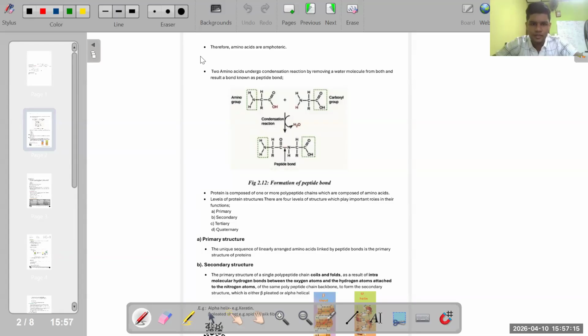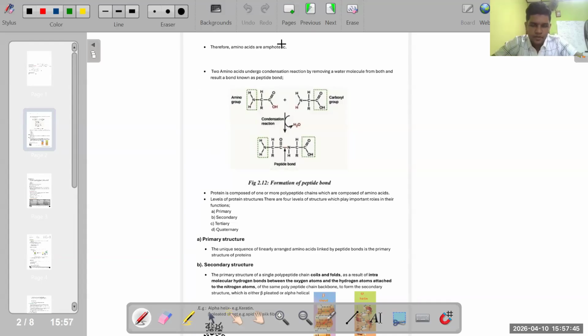If you have the print copy of this tute, then you can just take this page in the tute and underline this condensation reaction part and above it write water removing reaction. Okay, right. After writing it, let me know, then we can go further. Right, condensation reaction means water removing reaction.